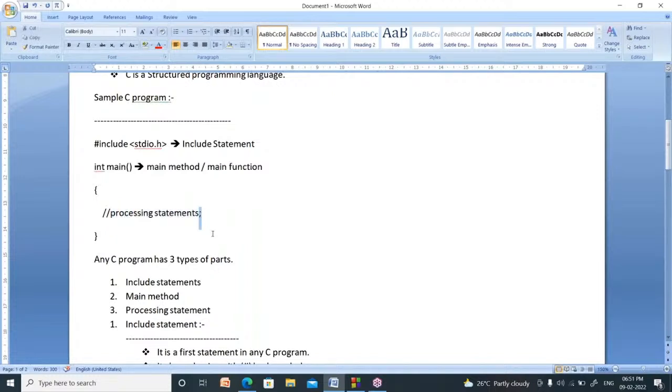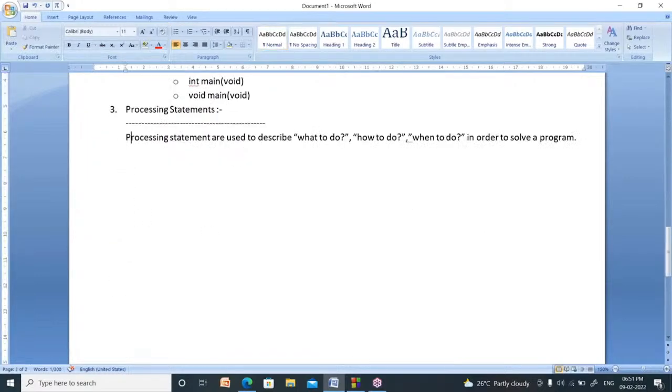Now, I kept a semicolon here. What is the name of semicolon? In every program, every line must be separated by a special symbol. See here, I have given space here, I have given comma here, I have given full stop here. What is the meaning of these symbols? Space is used to separate the words. Comma, continuation. Full stop, end of a sentence.